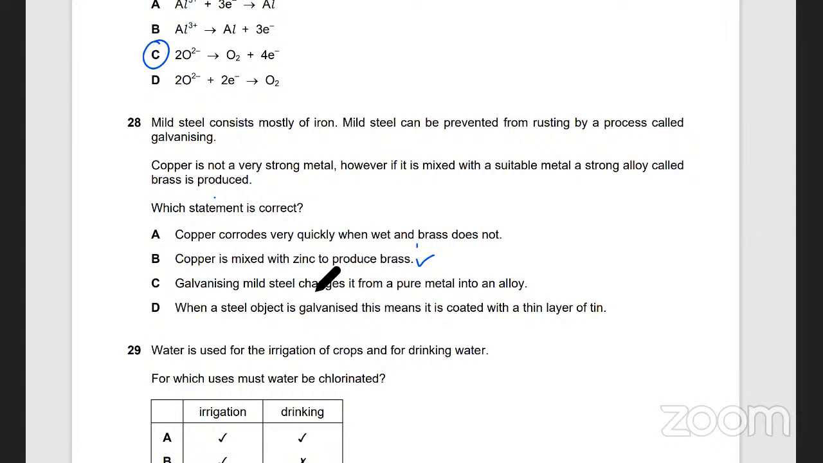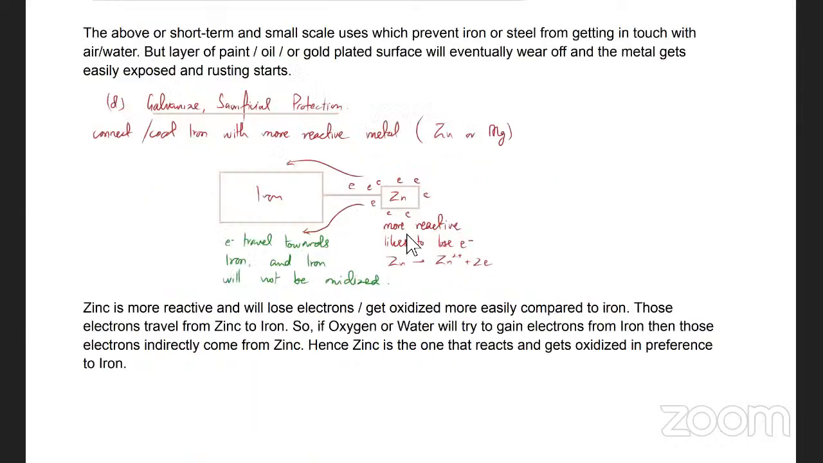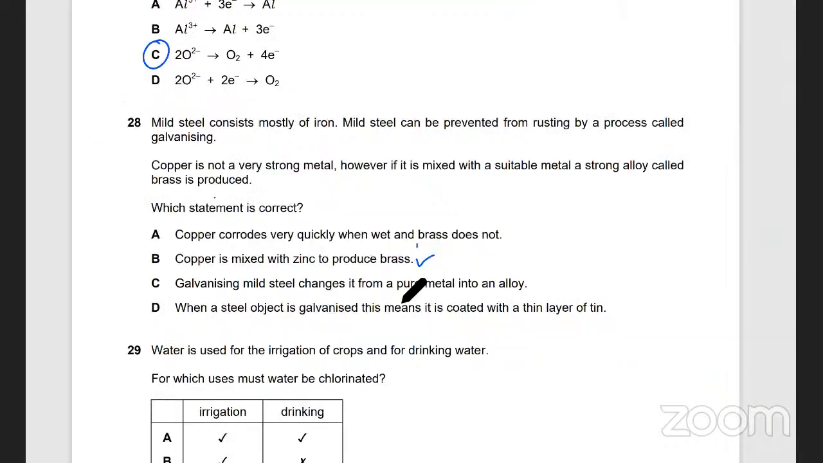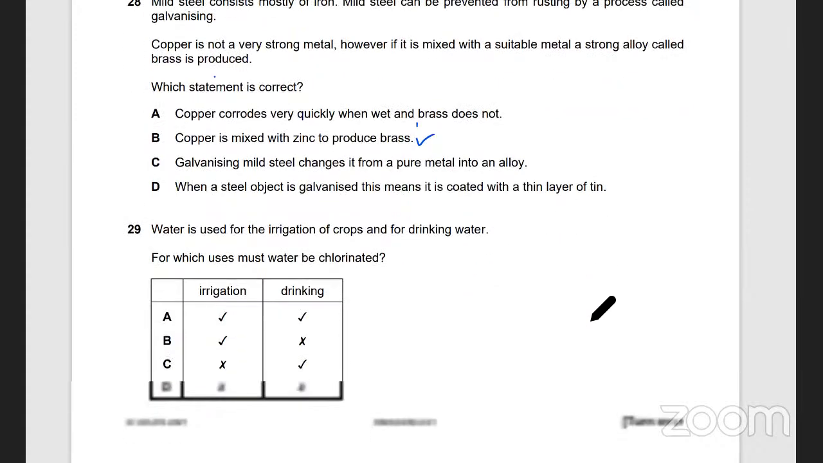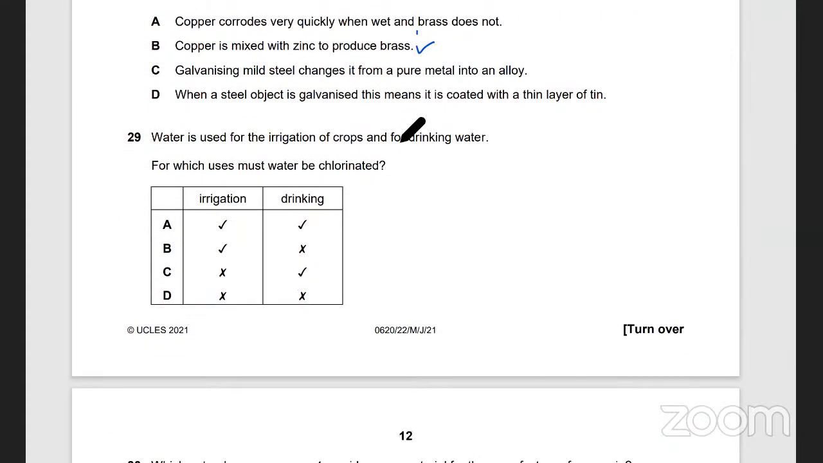into an alloy। वो तो सिर्फ उसको galvanizing में तो आप बस उसको कनेक्ट कर रहे हो उसके साथ, you're not changing the iron, ठीक है। When a steel object is galvanized that means it is coated with a thin layer of tin नहीं, magnesium या zinc, mostly zinc। तो फिर बी सही है।